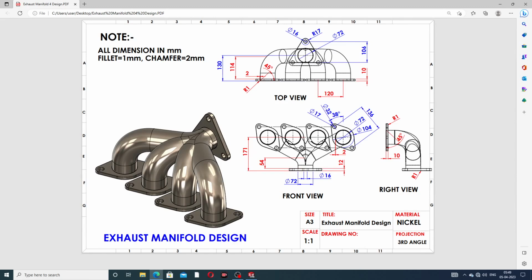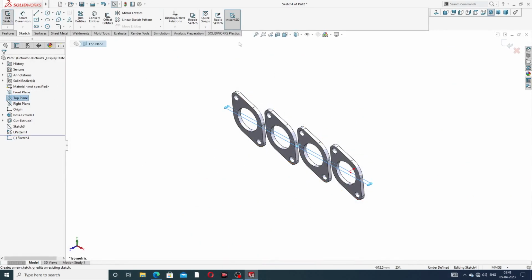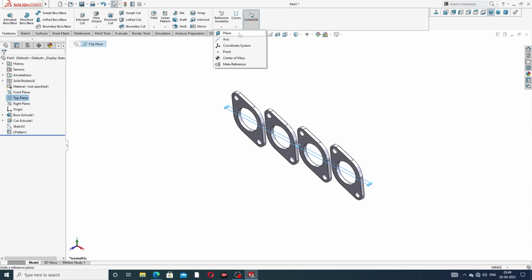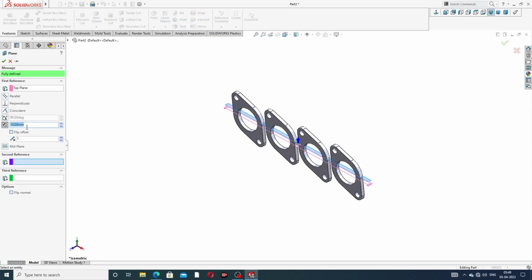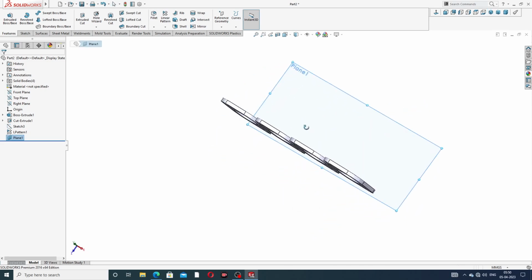This is a plane created here. Okay, at first use the top plane, okay, the top plane is selected and use a plane created here, and 171 millimeter, this is the flip side. Click OK, and this is perfect, and this sketch normal,